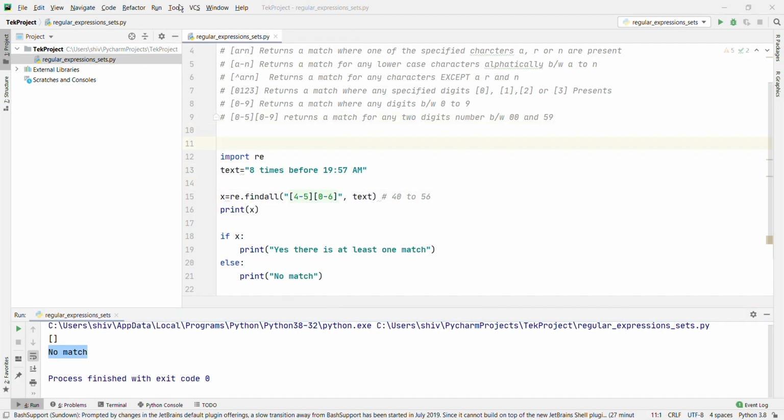Now we'll go with the next one, right? A to Z and caps A to Z. This is also very important. A to Z and caps A to caps Z. Okay, what will it do?